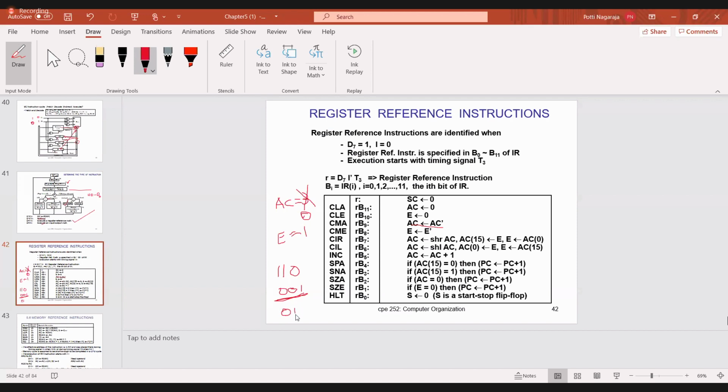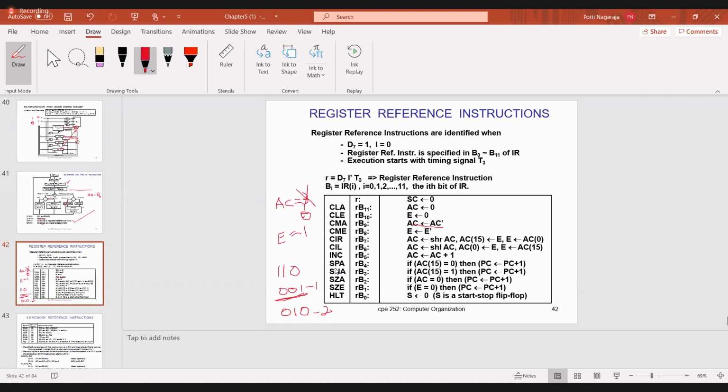The answer is 010. The decimal value of 001 is 1, whereas the decimal value of 010 is 2. Check the value. So 001 incremented by 1 gives 010.